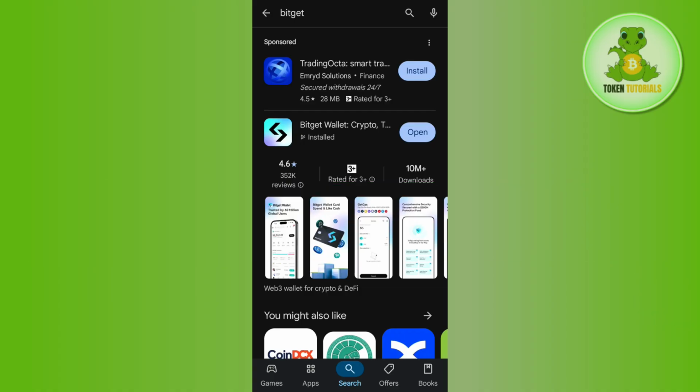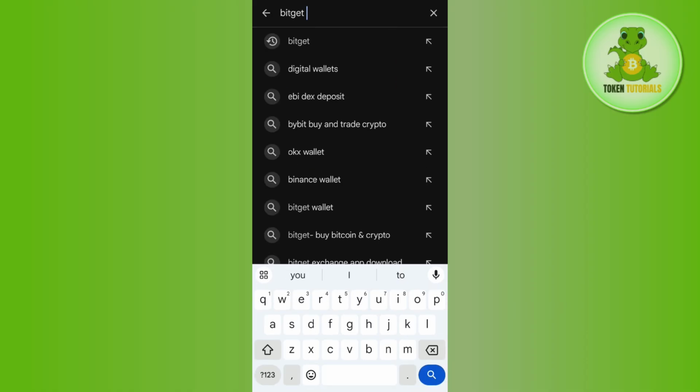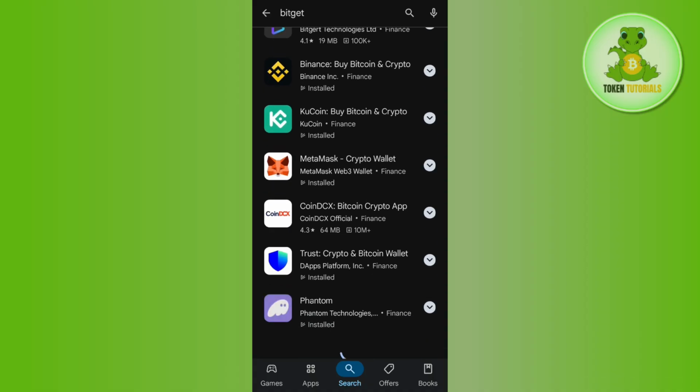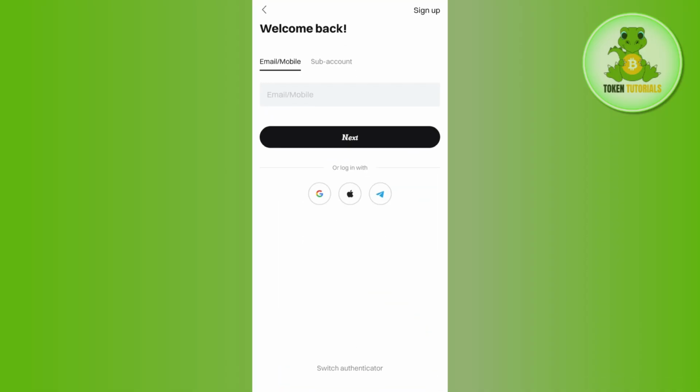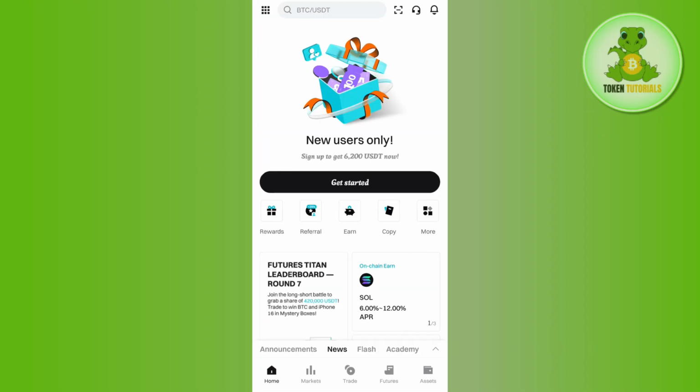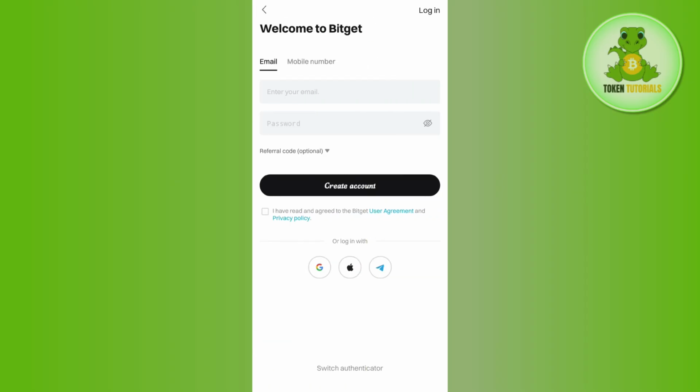For that, first of all, you will have to open your Google Play Store or App Store, and from there download and install the Bitget application. Now once you do this, launch the app, and the interface will look something like this, where you need to tap on the get started option and it will redirect you to this page. Over here you can create your account on Bitget, but since we want to log in,